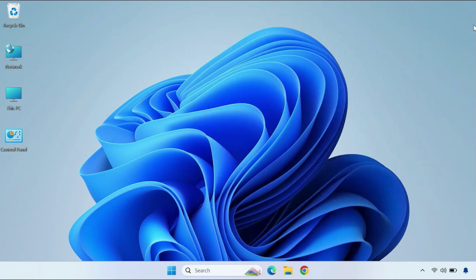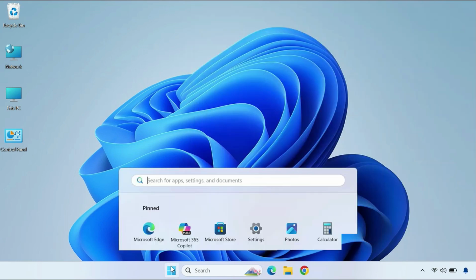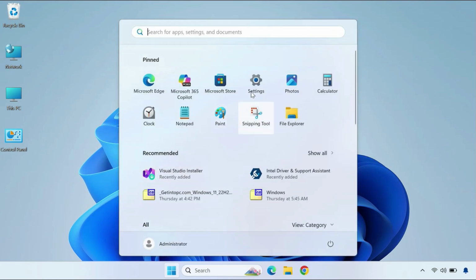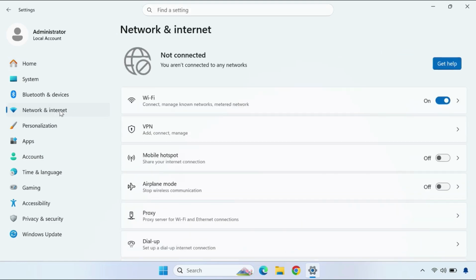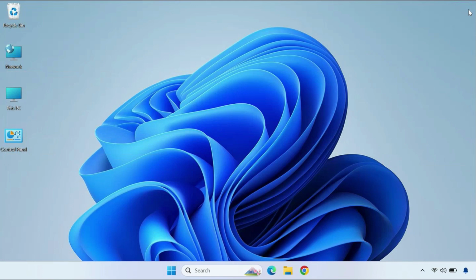Then next click to start, go to settings, then network and internet and then flight mode. Just click to on and then again off. Okay, this is check the flight mode. Okay, and then close it, then turn on again,